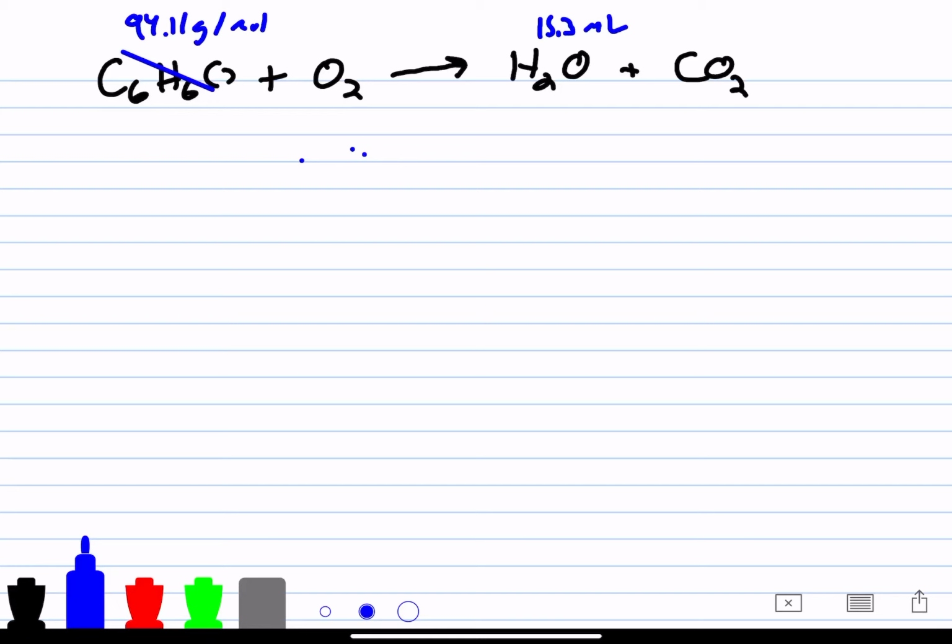So the first thing we need to do is balance this chemical equation. We don't know the ratios of all these species to one another, so we know how to do that. We learned that a long time ago. We're going to first set up an expression for each species. So in the case of carbon,